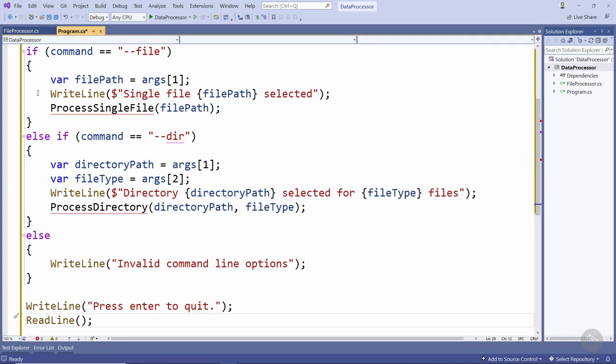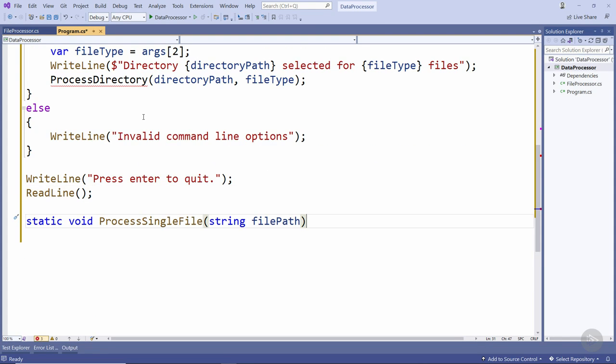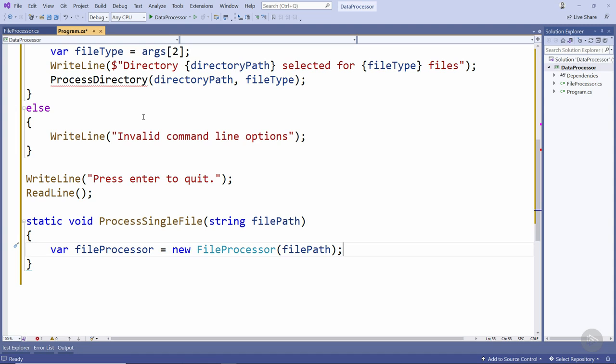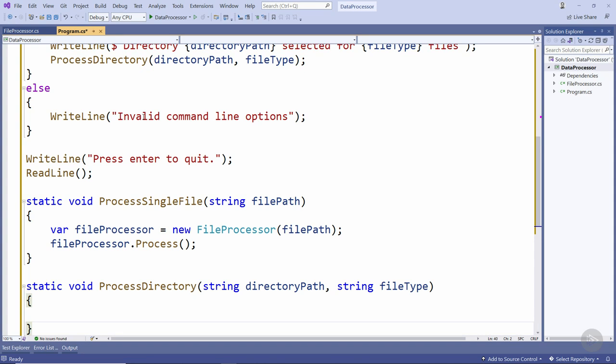So we need to create the ProcessSingleFile and ProcessDirectory methods. We'll just come down here. We'll start off by creating the ProcessSingleFile method. And what we want to do here is create an instance of the FileProcessor class that we just defined and pass in the file path as the constructor parameter. We can then go and call the Process method. To make this compile, we'll also need to add the ProcessDirectory method. I'm just going to paste this in here, and this is currently an empty method, just so we can get the compilation to succeed. Speaking of compilation, let's go and build this to make sure we haven't introduced any errors,